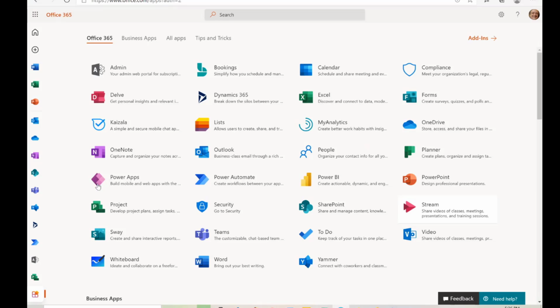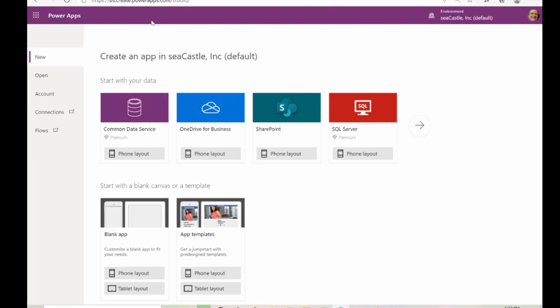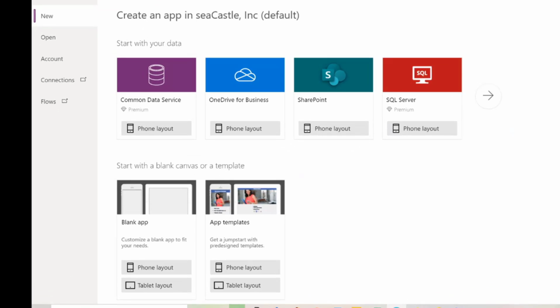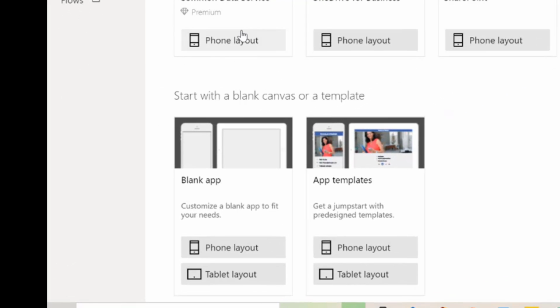The app that we'd like to work with today is Power Apps. And so we're going to build this competitive shopper app over in Apps. And here we are on the new page screen for Power Apps. And you'll see that there is a start with a blank canvas or a template choice that's given down in